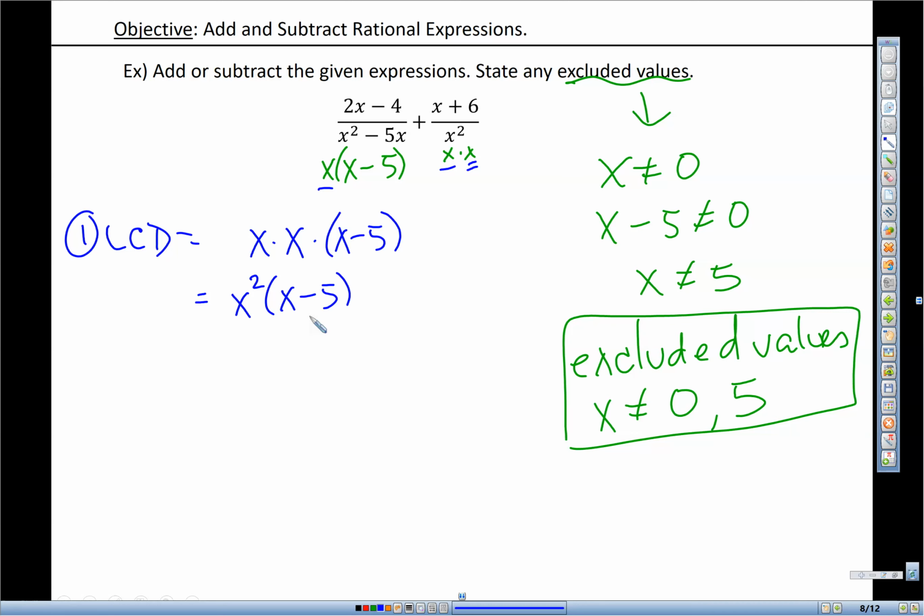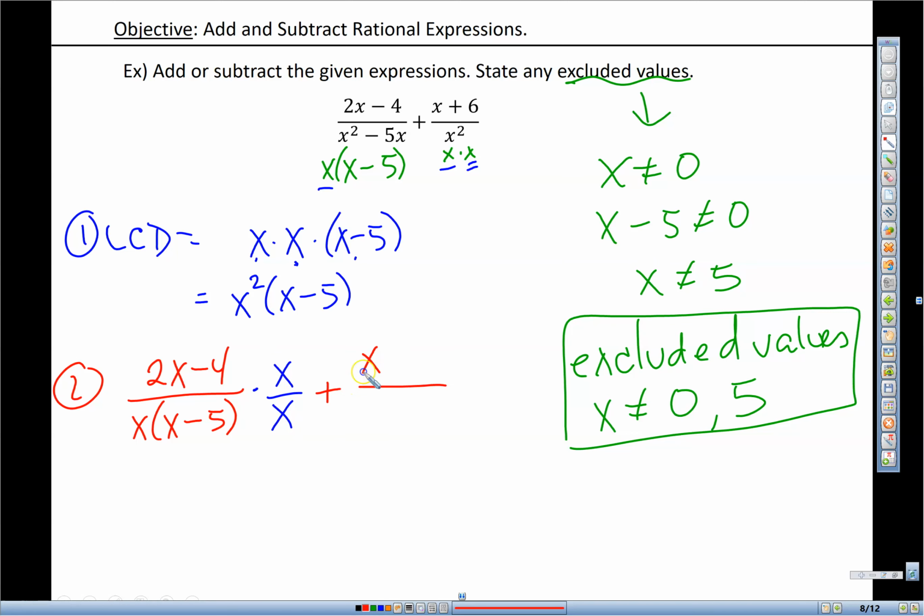All right, x squared is the lowest factor between the x's. It's like the lowest common multiple. And so you can write it as x times x or x squared, whichever you prefer, not a big deal. So now I'm going to do that procedure where, again, I'm going to use the factored form and multiply by my ratios of 1. So here I have to realize, okay, I have a factor of x and a factor of x minus 5, so I need this other factor of x, and that's what I use for this ratio of 1,